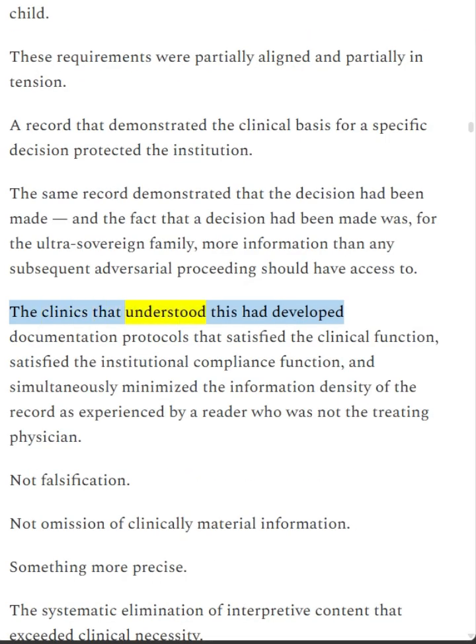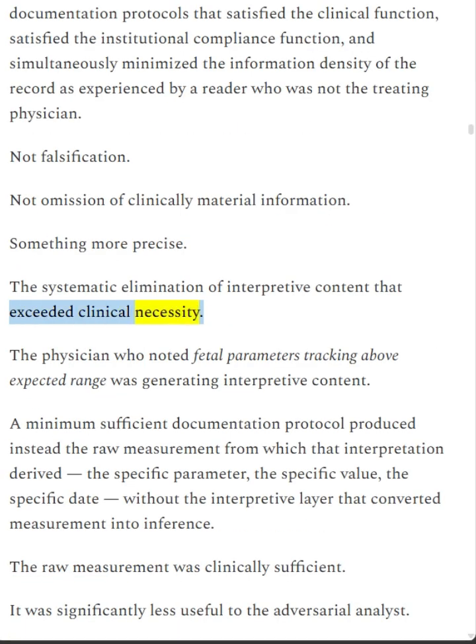The clinics that understood this had developed documentation protocols that satisfied the clinical function, satisfied the institutional compliance function, and simultaneously minimized the information density of the record as experienced by a reader who was not the treating physician. Not falsification. Not omission of clinically material information. Something more precise. The systematic elimination of interpretive content that exceeded clinical necessity. The physician who noted fetal parameters tracking above expected range was generating interpretive content. A minimum sufficient documentation protocol produced instead the raw measurement from which that